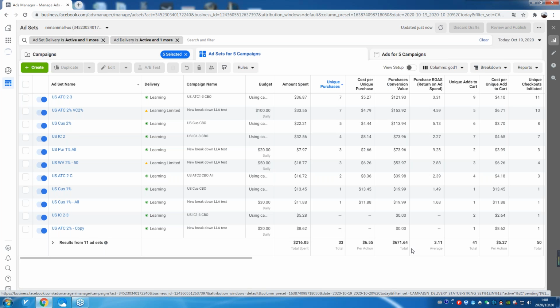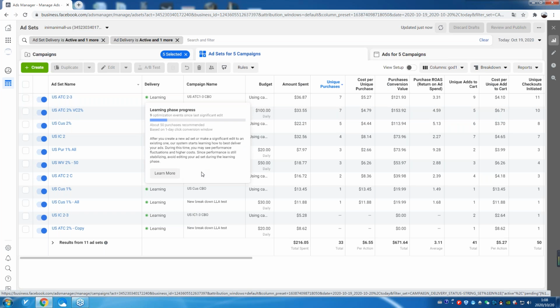So yeah, you'd certainly have to scale by a significant amount. Some audiences upwards of 500% scale just to be able to exit learning. But I wouldn't recommend going that fast. I'd recommend scaling at a slower pace of 20% until you hit those numbers. But every time I edit my budget, even 20%, 10%, it resets the learning.